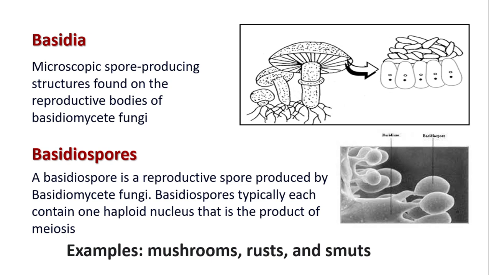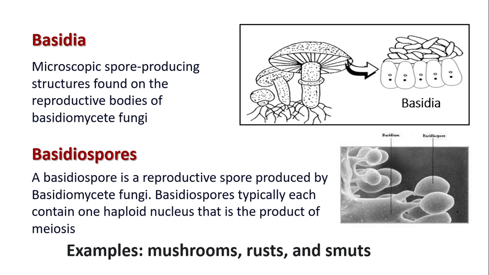What are basidia? The basidia are the microscopic spore-producing structures found on the reproductive bodies of the basidiomycete fungi. Here you can see these basidia. Basidia carry a lot of basidiospores. The basidiospore is a reproductive spore produced by the basidiomycete fungi, and basidiospores typically